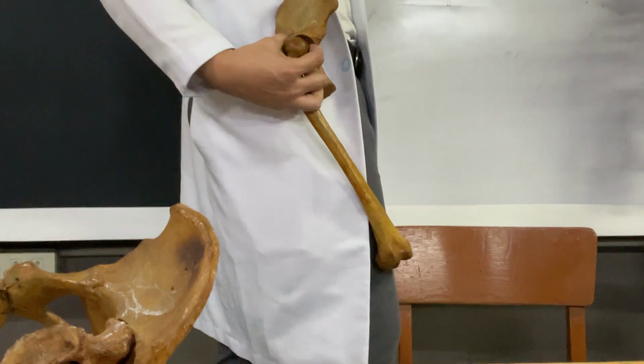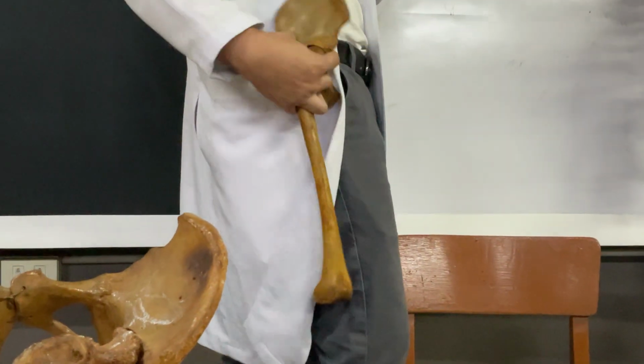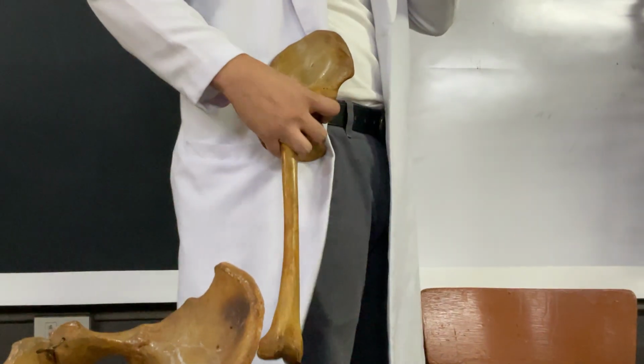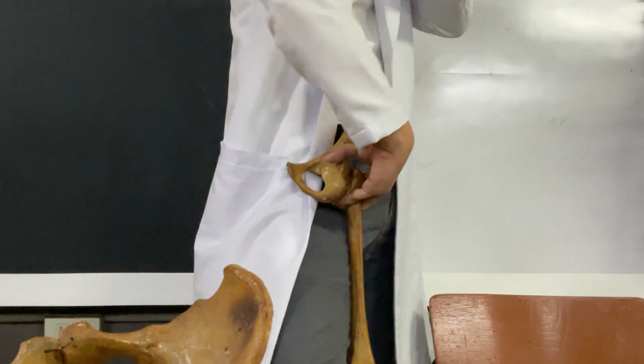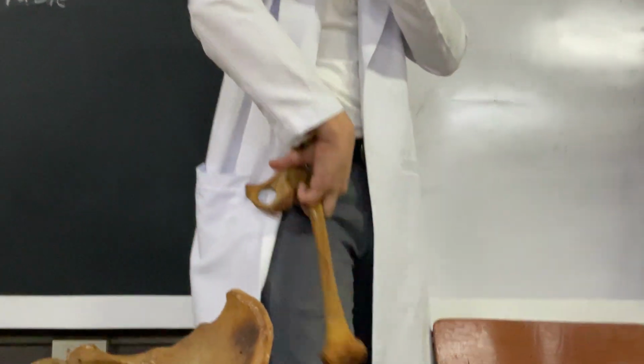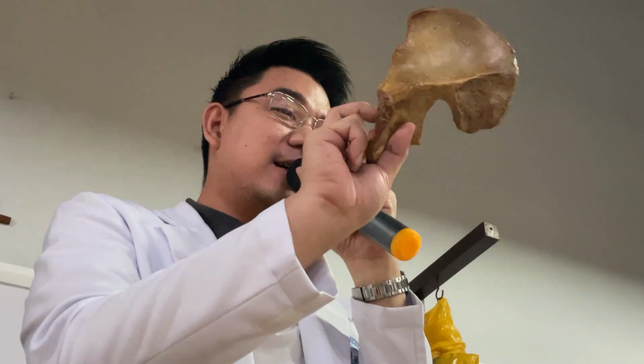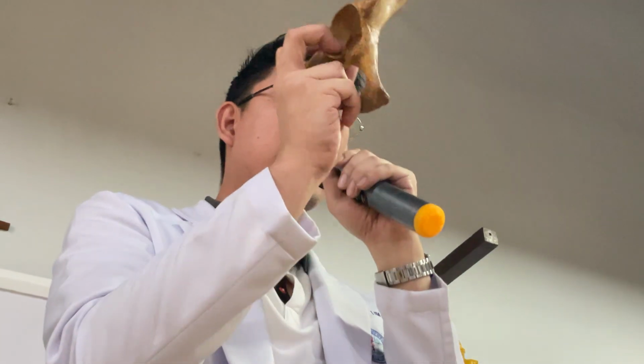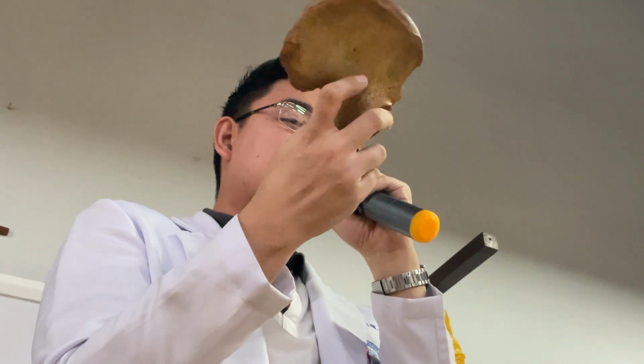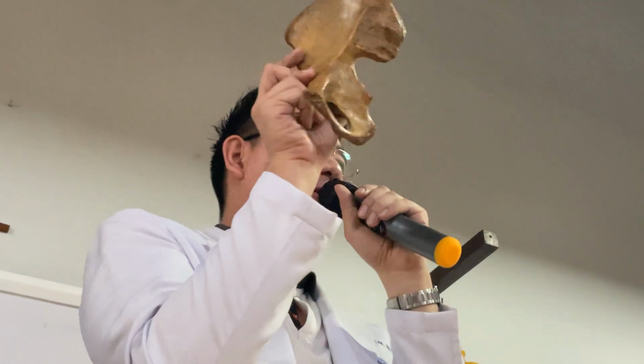Why not medial? Because if this were the medial surface, what will happen? Invert that, right? It would be inside. Okay, so the next part is to identify the posterior surface. The medial surface. So this part here is the medial surface, of course, the one without the acetabulum.